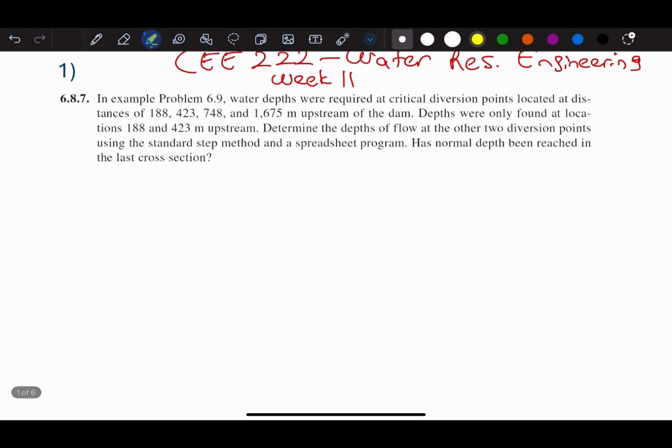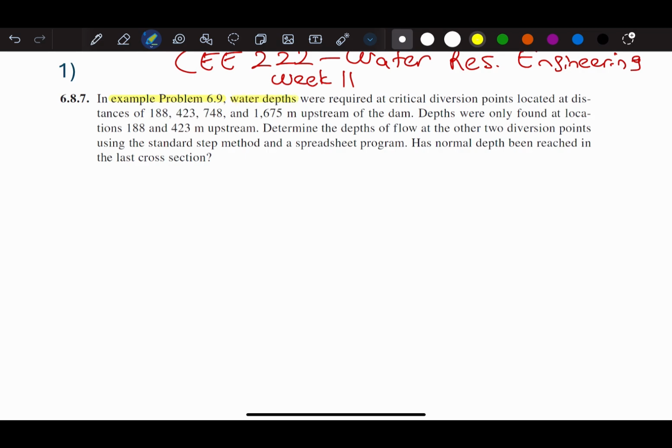And for the first 2 questions, we are actually using Excel spreadsheet. So let me get started with the text of the question. First of all, in this question, you will need to review example problem 6.9 in your textbook. And here, in this example,